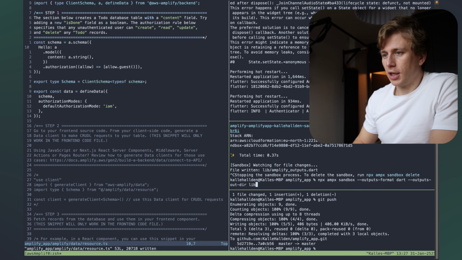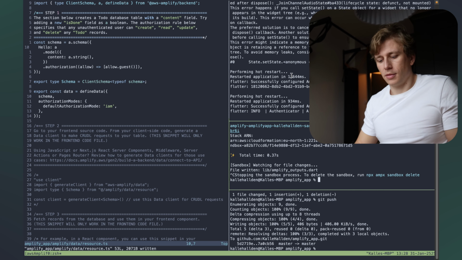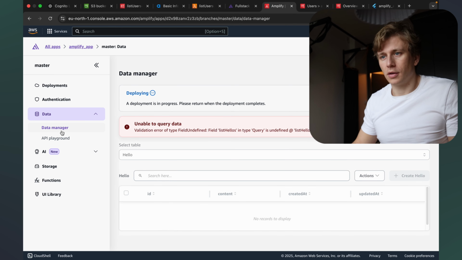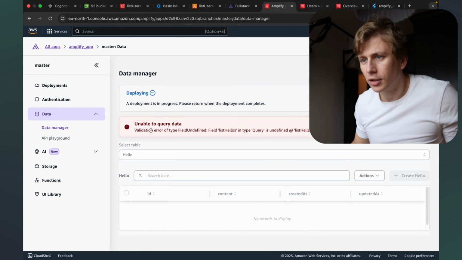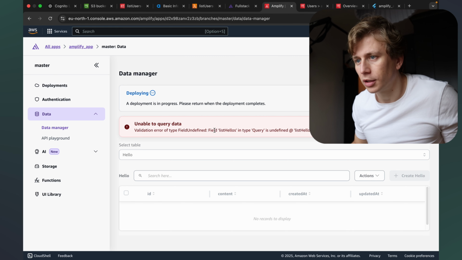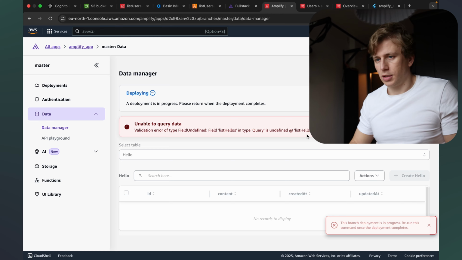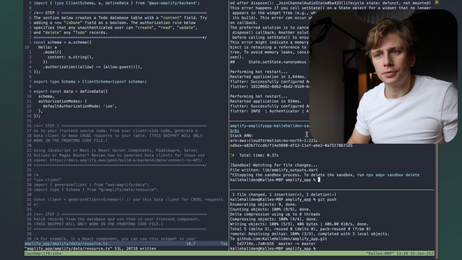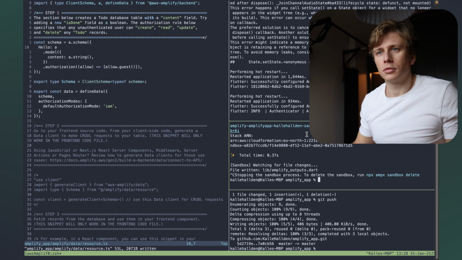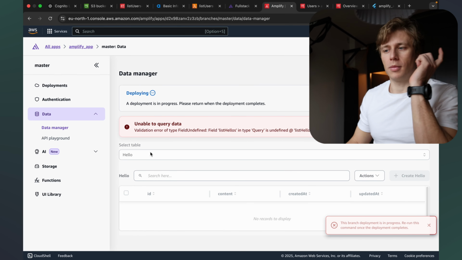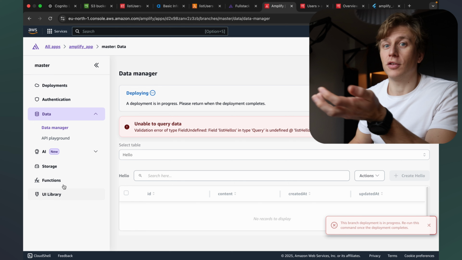But if we want to connect it to the server, then unable to query data. Validation type field undefined. Field list hellos in type query is undefined. Either way,